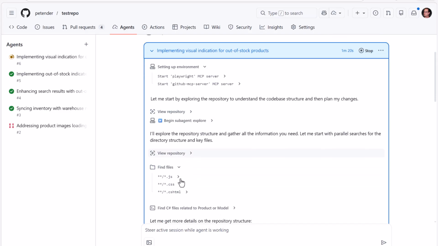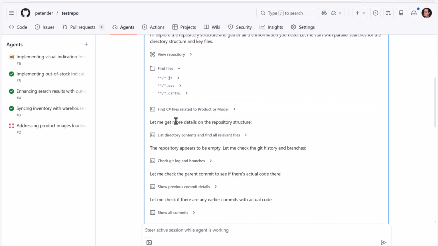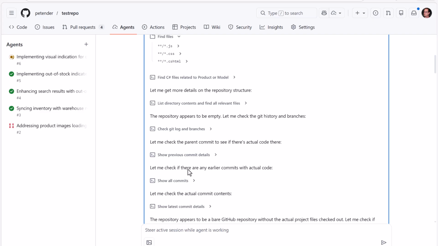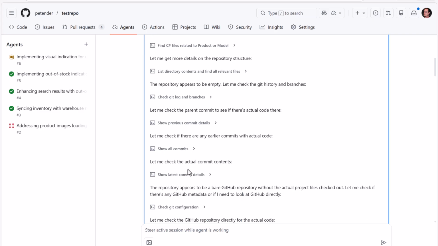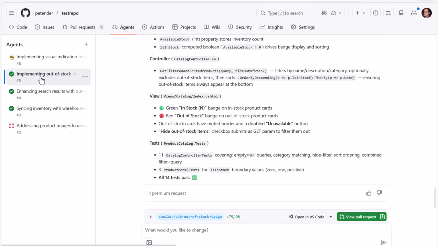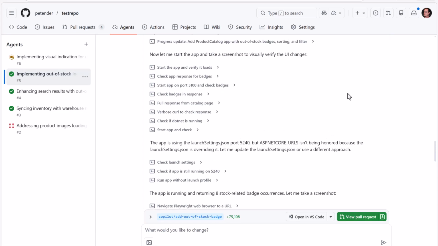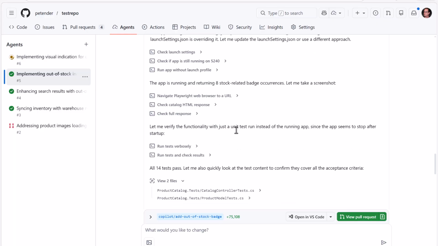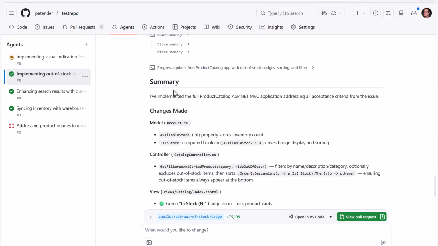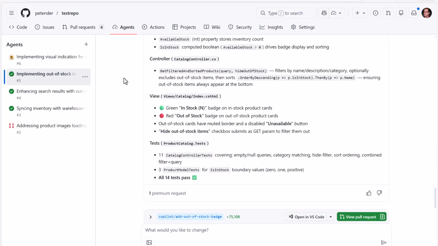It's using the repo, it's now scanning the files, and as you can see here, it's looping through files, doing git commits, and anything that you as a developer or DevOps engineer would go through. I'm going to skip to my previous run and show you the outcome. So we had all the tasks done, we get a nice report, we get a summary, and since it's a